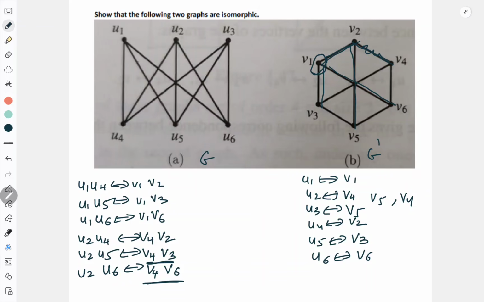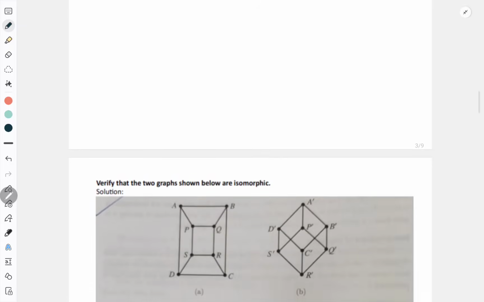So v4 v3 also exist, and since the degrees are all the same, that confusion won't be there. Because of this, they are isomorphic. This way you have to write down which vertex I am mapping to which vertex in G dash, if f is a function from V to V dash.